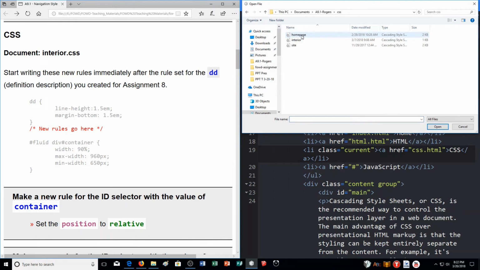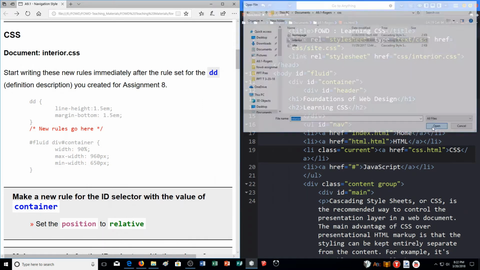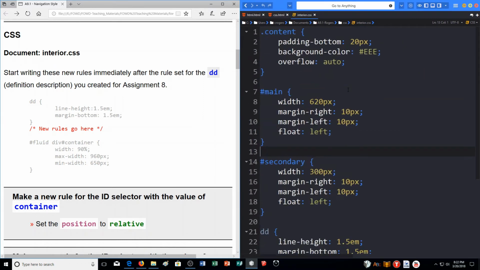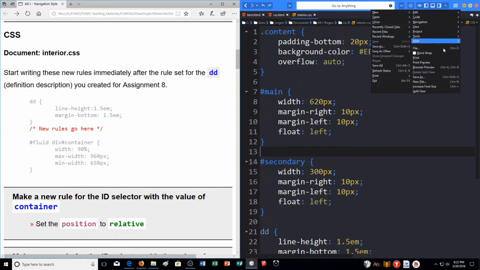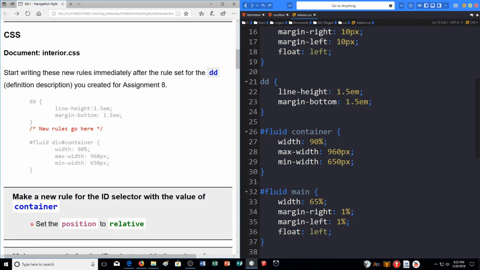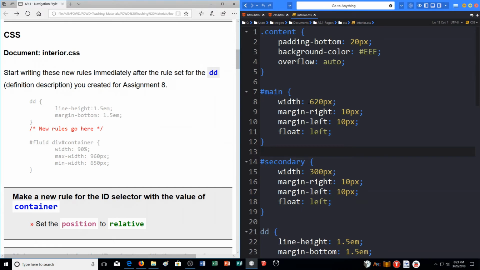So I go to the CSS folder, interior.css in my A9.1 folder. I'm going to zoom in so you can actually see this. I'll put word wrap on as well. We have a lot of things that we're going to add and change to this file. What we're going to do first is change some things that we typed in last time to make it work better here on